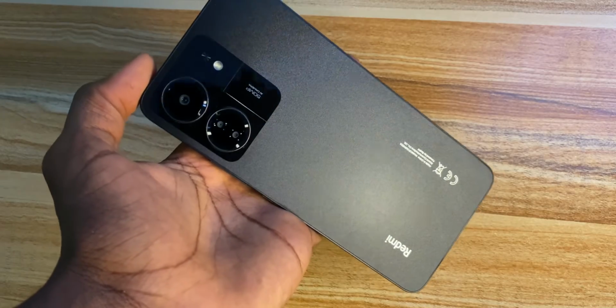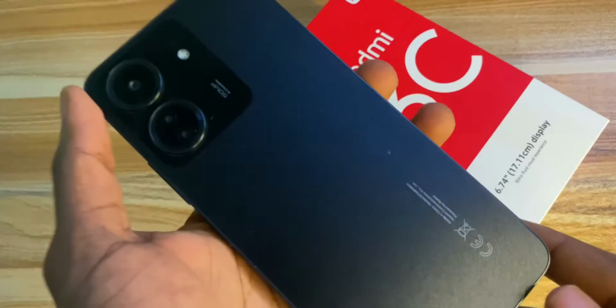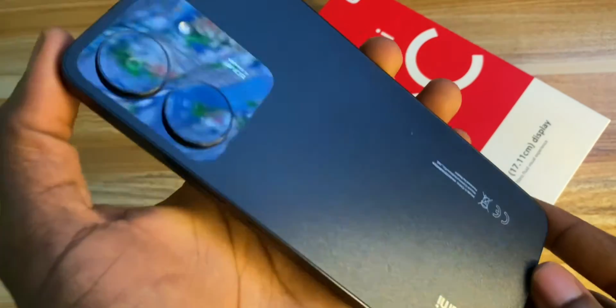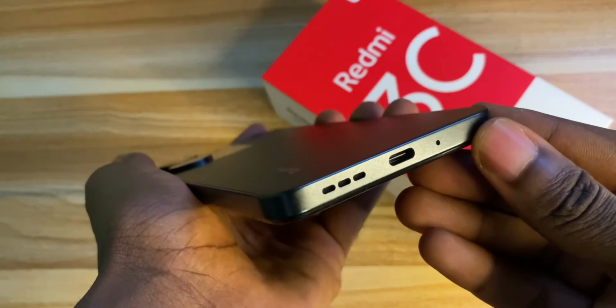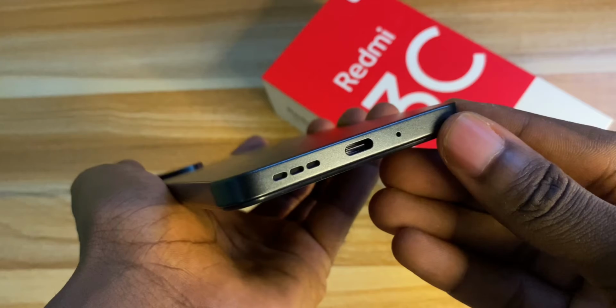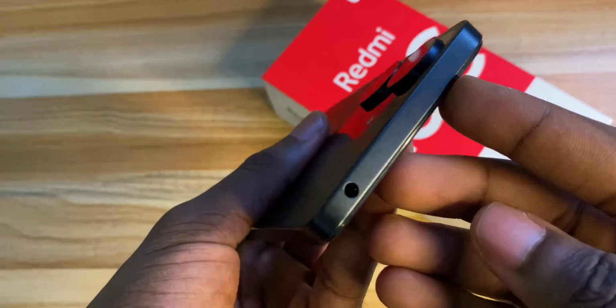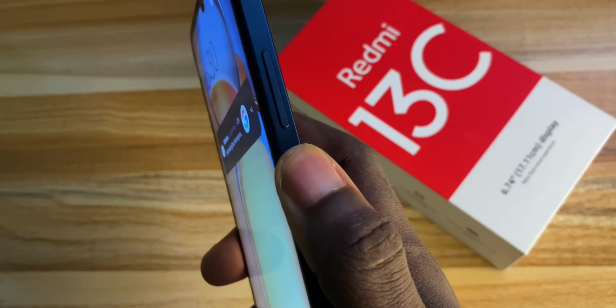The first stronghold here is the design. Starting off with the rear, I have the midnight black variant here, and it looks way better in person, trust me on that. From the rear, we have a matte finish with a glossy camera bump. We have a mono speaker setup, USB type C charging port obviously, and one microphone port as well. From the top, we have the 3.5 audio jack here, and